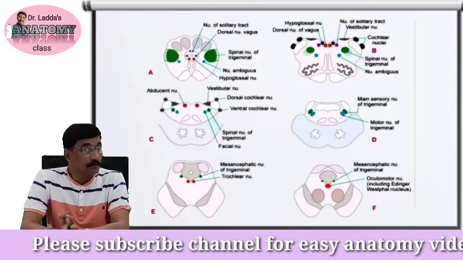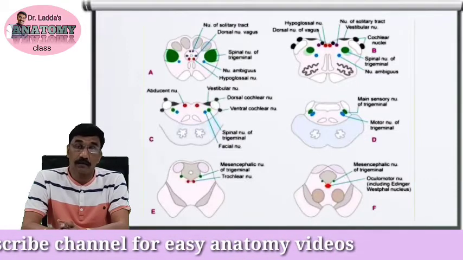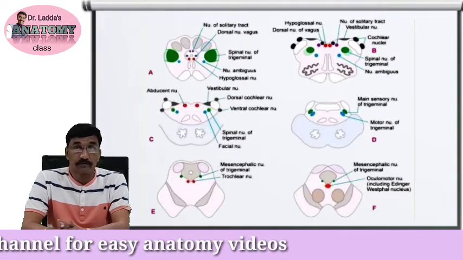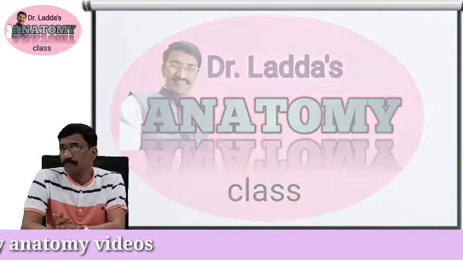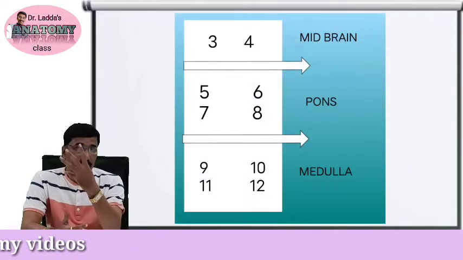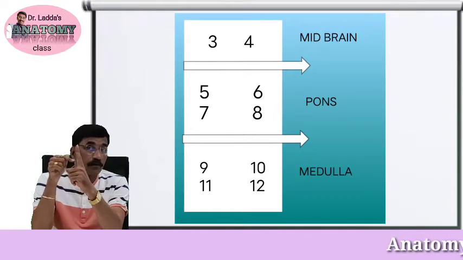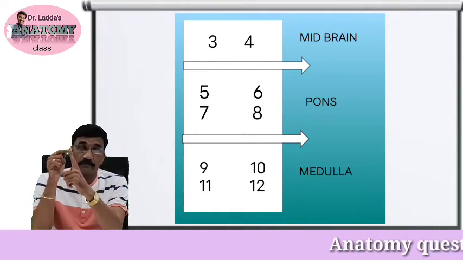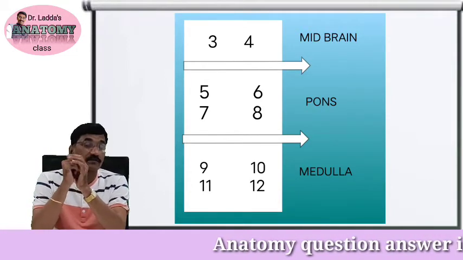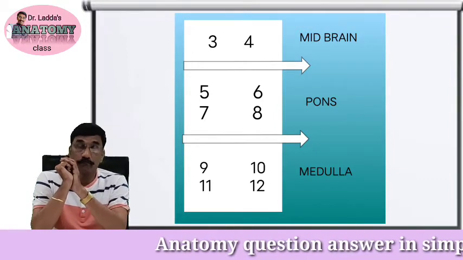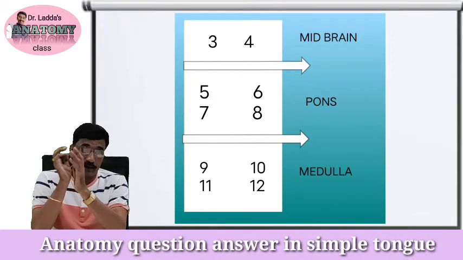Again, remember the previous figure, which shows the nerves and nuclei having relation with a particular part of the brainstem. As we know, the brainstem is divided into three parts. The upper one is the midbrain, the middle one is the pons, and the lower one is the medulla oblongata. The midbrain is concerned with two nuclei, the third cranial nerve nuclei and the fourth cranial nerve nuclei, meaning oculomotor and trochlear.